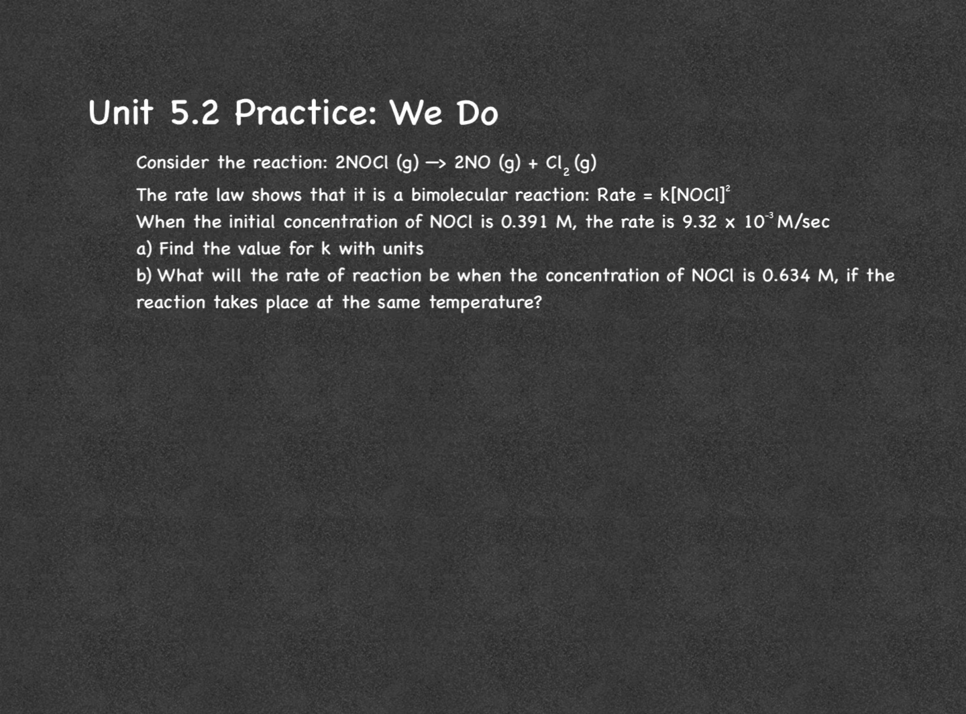Unit 5.2, we do practice. Consider the reaction 2NOCl gas yields 2NO gas plus Cl2 gas. The rate law shows that it is a bimolecular reaction with a rate equal to K times the concentration of NOCl squared. When the initial concentration of NOCl is 0.391 molar, the rate is 9.32 times 10 to the negative third molar per second. So with that information, they want us to find the value for K with units, and